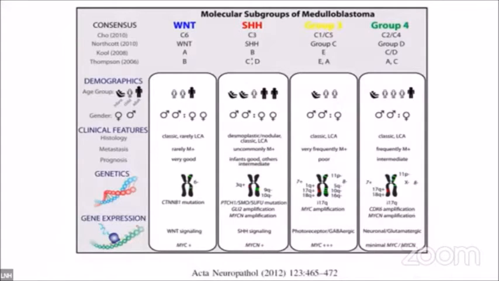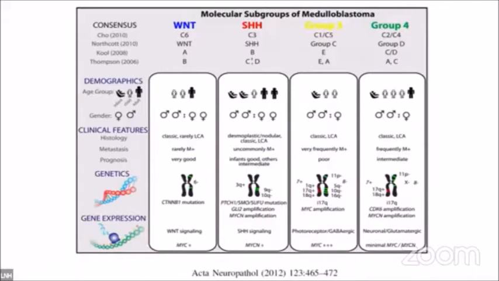And the same thing was for the Sonic hedgehog. This was also a pathway in which the PTC receptors and germline genes were affected. In this group, if you look at it, there was trisomy 9q, 10q, and 3q, and there was proliferation of MYC proteins. Now, the third, which is considered to be group 3, is the most malignant one.